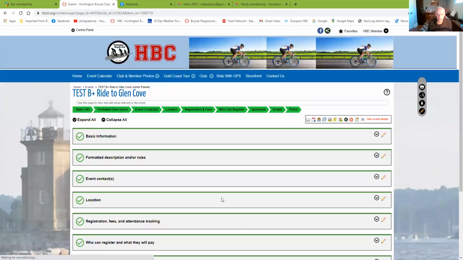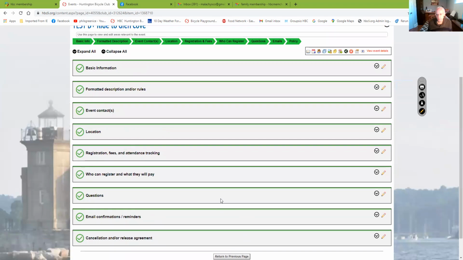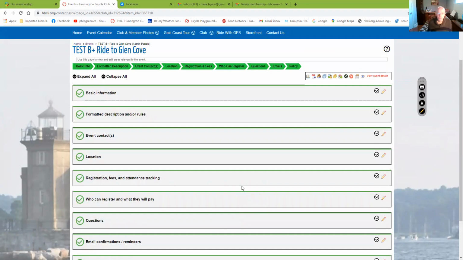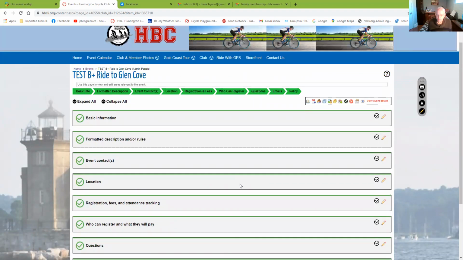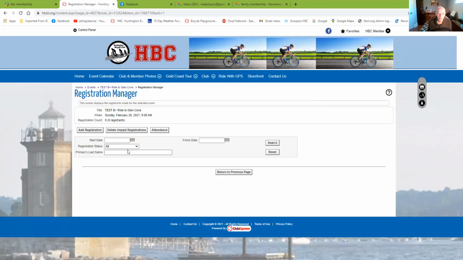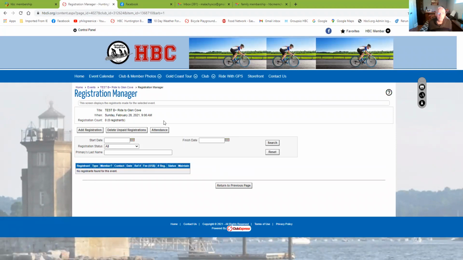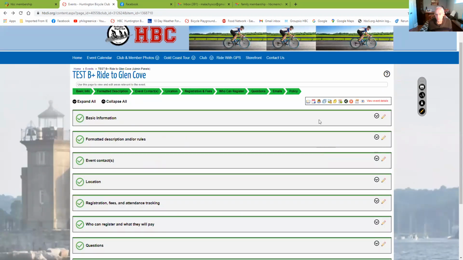So that's all the information. Once again, it looks like a lot of tabs, but a lot of them are preset from the template, or if you copy your ride. And once you get used to doing it, I don't think it'll be so bad. So now, over here on the top right, they call this admin tool. And you'll see here registration. So as people sign up, if you click this, you might have to hit the search button. A lot of these screens you have to search. No one signed up yet. But I'm going to go back, and the next one after that is there's a wait list. If there was a wait list,